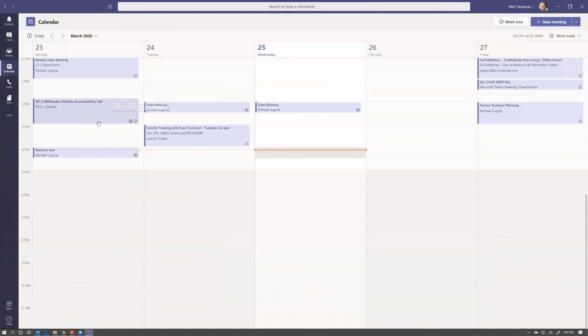If you have a paid version and are on Microsoft Outlook and/or Exchange, this calendar will sync with your Microsoft calendar, sync and schedule meetings, so you'll see all the same things here.